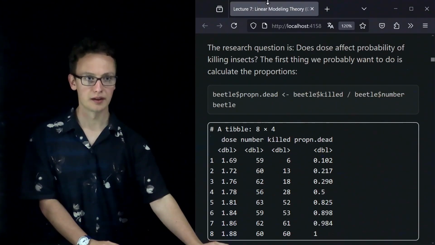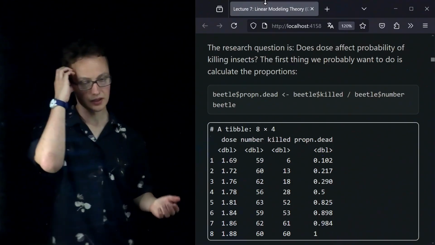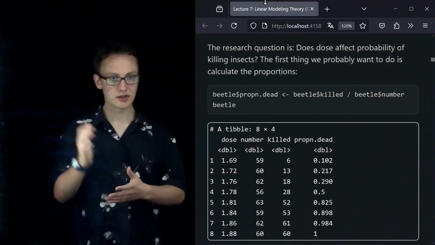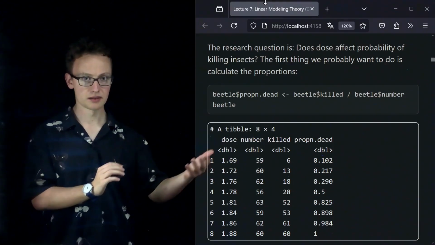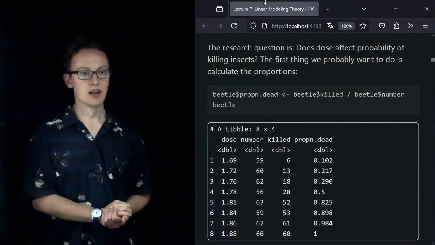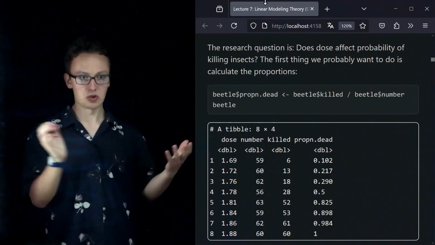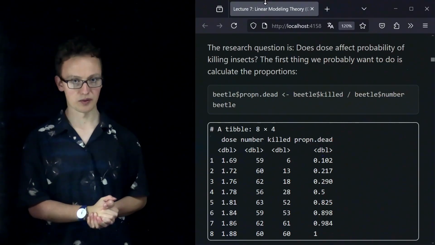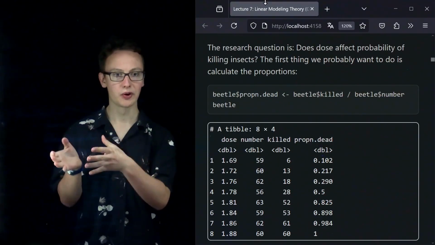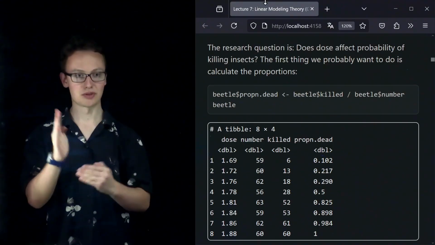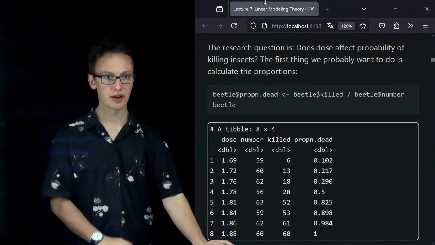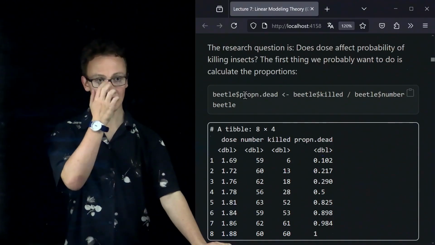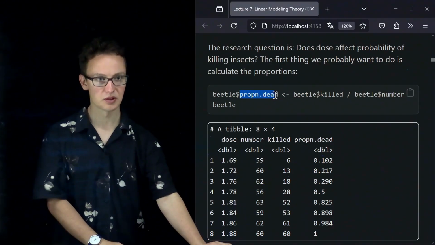So the research question here would be, does dose affect the probability of killing the beetles, those insects? The first thing we could do, descriptively, would be to calculate the proportions of beetles killed per level of dose, okay? So we could do that by creating a new column in our data set called proportion,